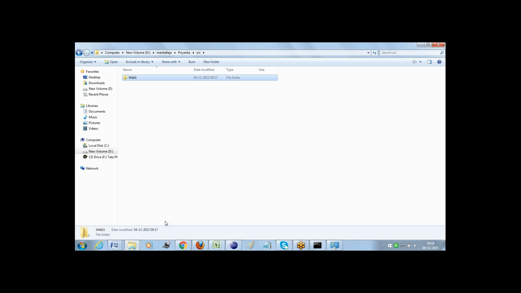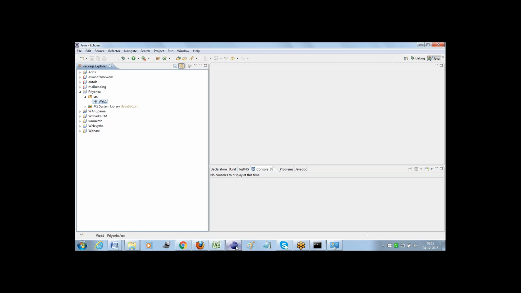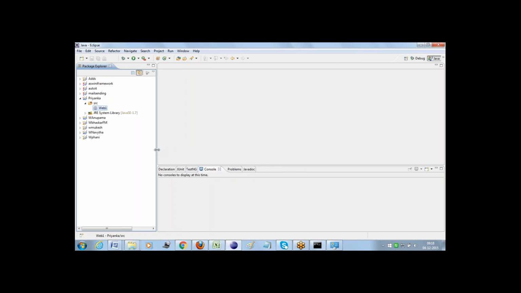So what happens is that a package is a folder location in which we are going to save all of our classes or all of our interfaces. Okay, that's fine. So far we have seen the configuration part required for Selenium RC, the project creation in Eclipse Editor, and the package creation in Eclipse Editor. And then the next point, what exactly do we need to do?